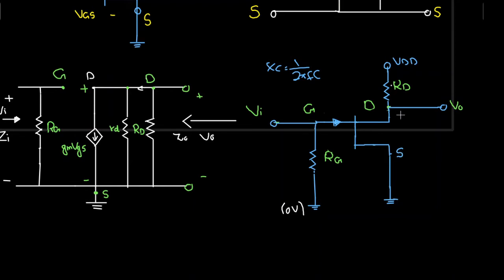So now we have a simplified diagram of the self-bias configuration. Other thing is that this VDD for the AC analysis, the DC sources will be connected to the ground. So I can also connect this to the ground. So let me quickly connect this to the ground. So this is also my ground and this is 0 volt. So now we have a simplified version of the self-bias configuration for AC analysis. Now we can simply put the AC equivalent circuit in place of this JFET.